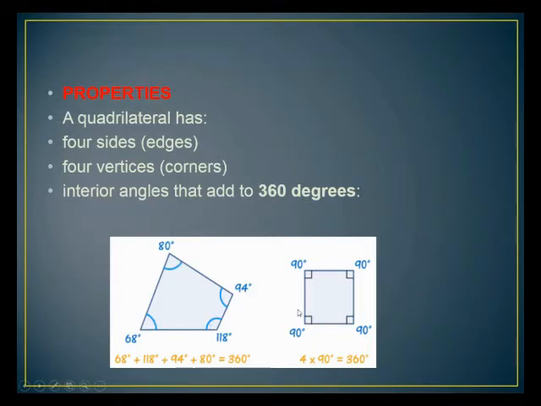As you can see, we have two shapes. One is just like a square or a rectangle, so its angles are always 90 degrees. When we add the four angles of 90 degrees, it equals 360 degrees. And when we add the angles of a four-sided figure which is not a square or a rectangle, it could be a parallelogram or any quadrilateral, the interior angles again equal 360 degrees. And what is the definition of a quadrilateral? It has four sides, four edges and four vertices.